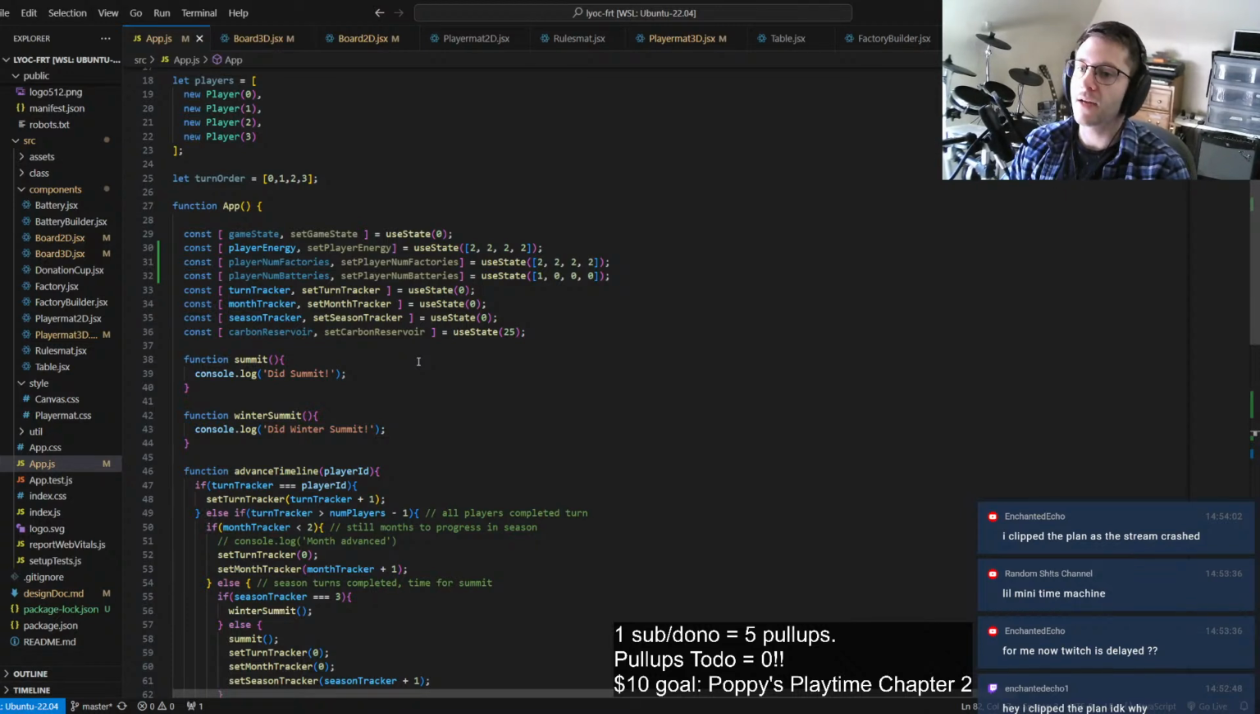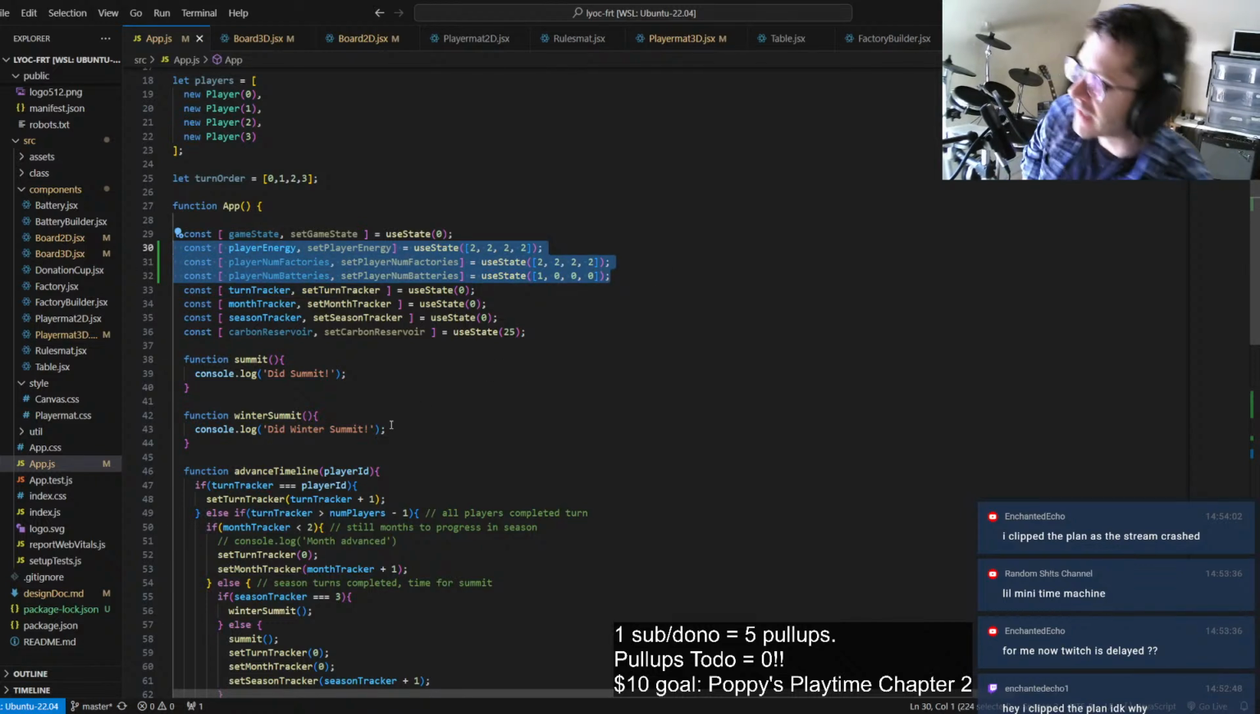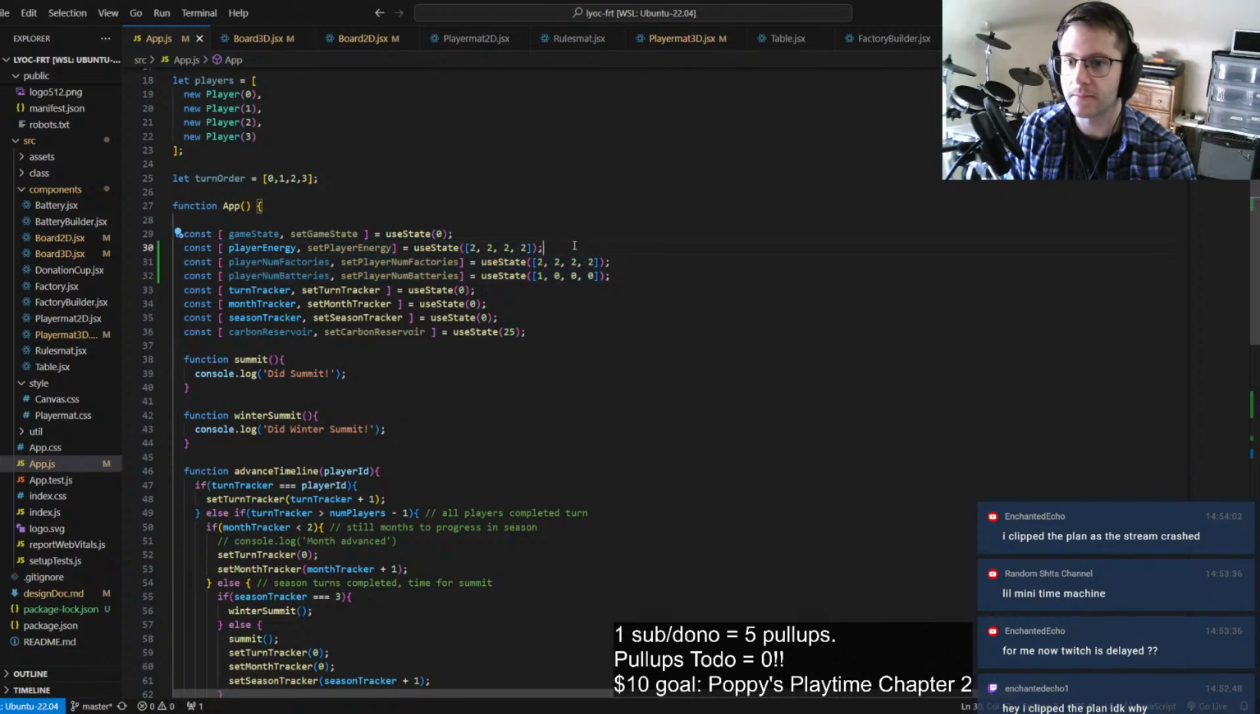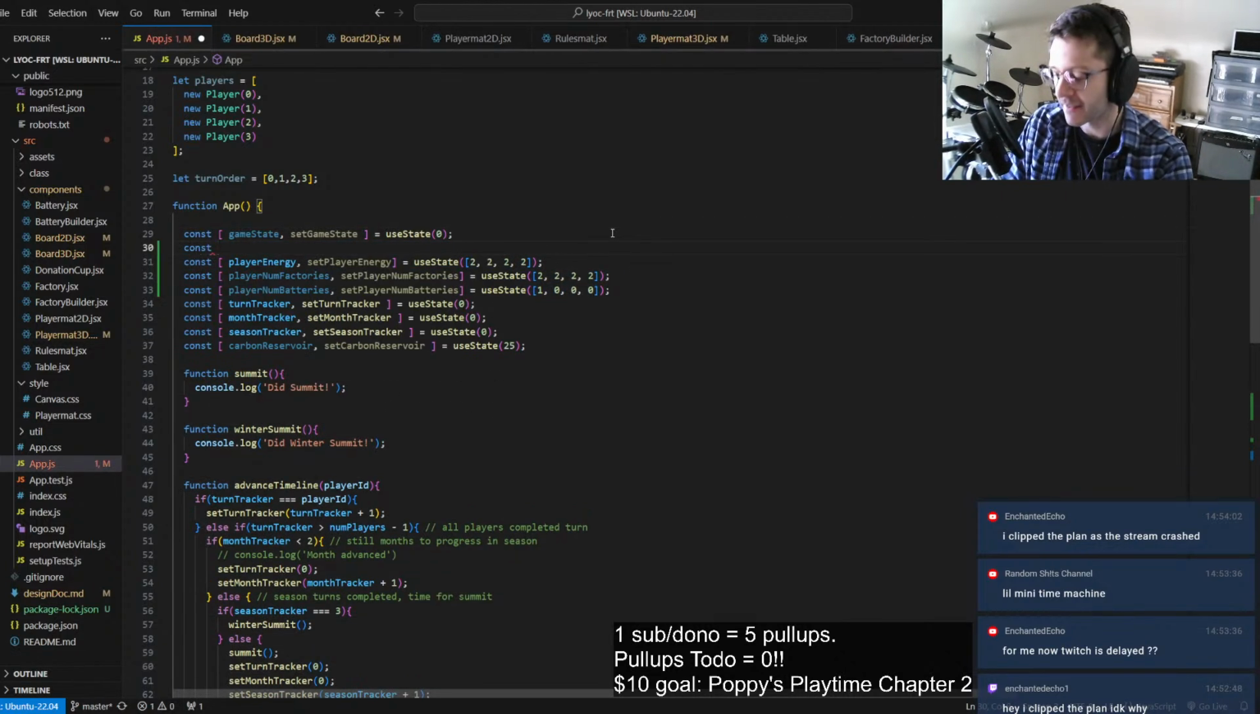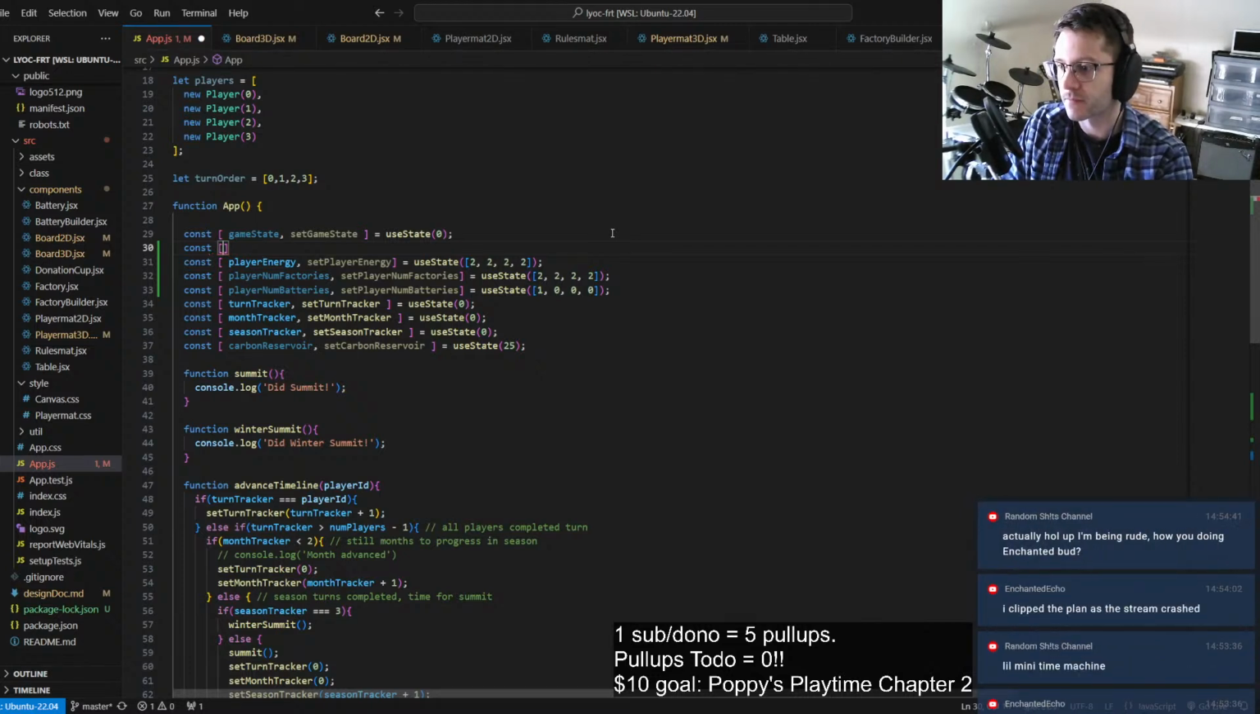I could have a different state per player, which would probably be easiest. So instead of having, see how this is kind of gross and broken up? Instead of having this, I can have a JSON object, or just a regular object here. And I can just say, instead of having player energy,